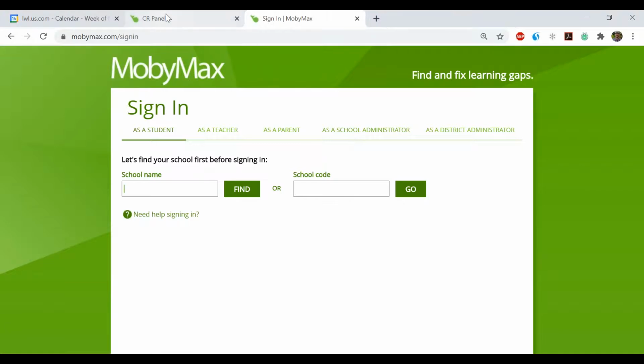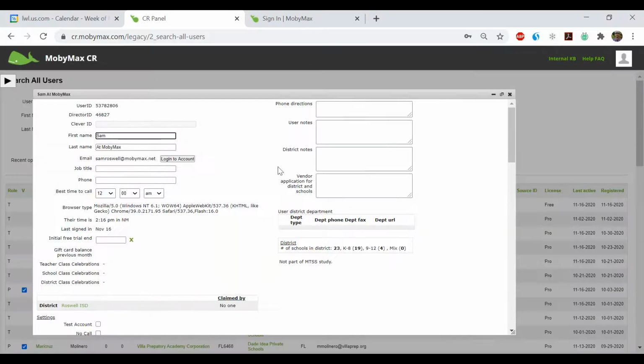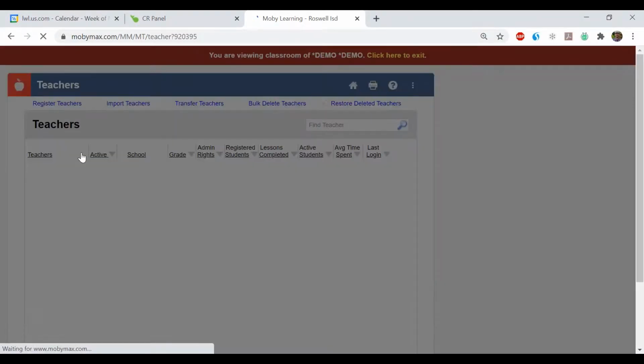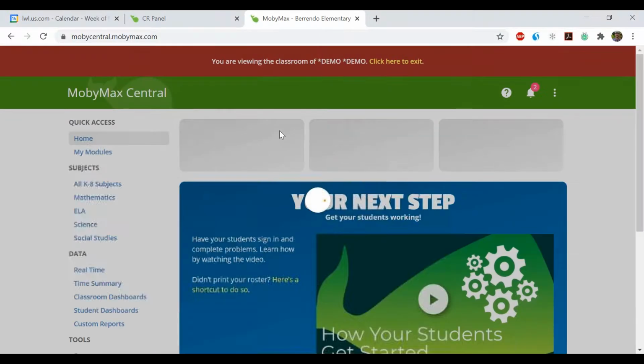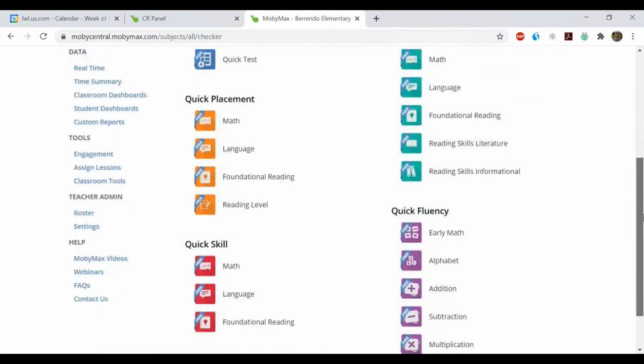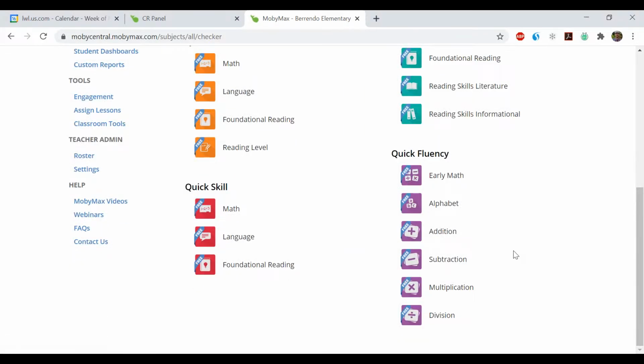Since we did have a couple more minutes, sorry about that. Let me zip back into my little demo account here. Since we did have a couple more minutes today, I did also want to point out that in the Quick Checker feature, not only do you have Benchmarker and Quick Skill, but you do have Quick Fluency. Again, kind of like it says on the tin, right? So let's just, I mentioned earlier,